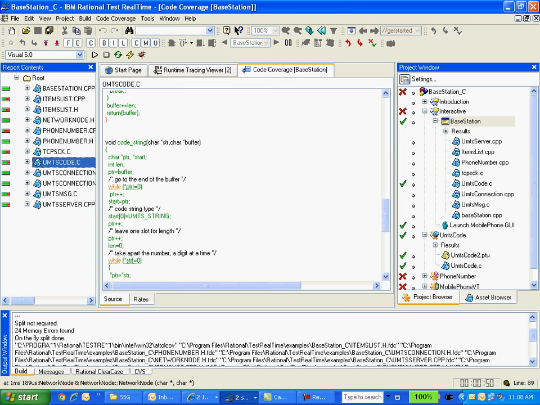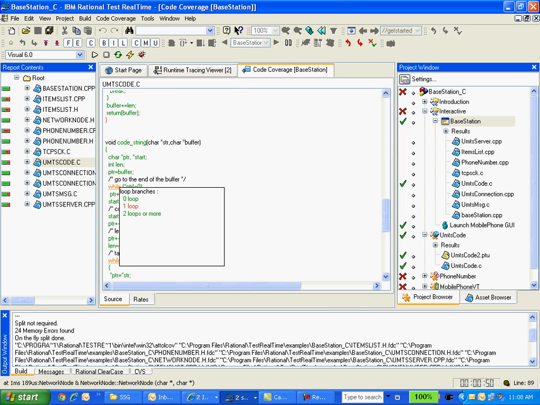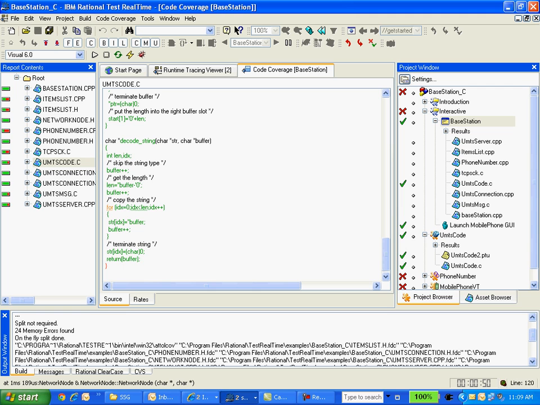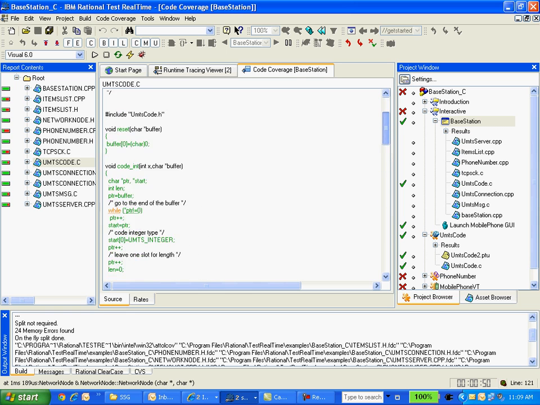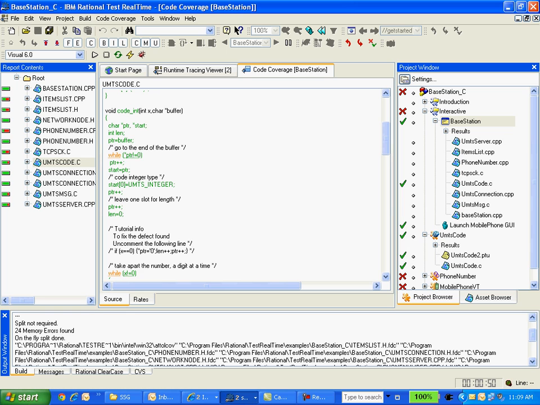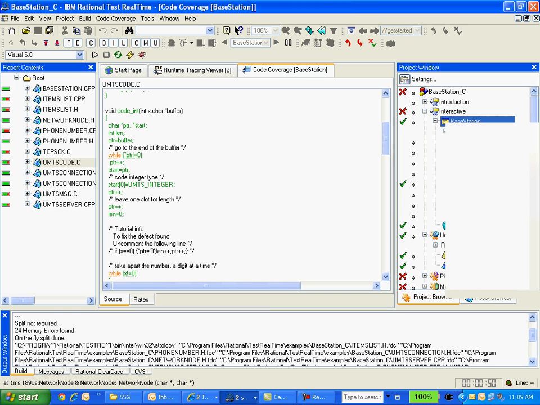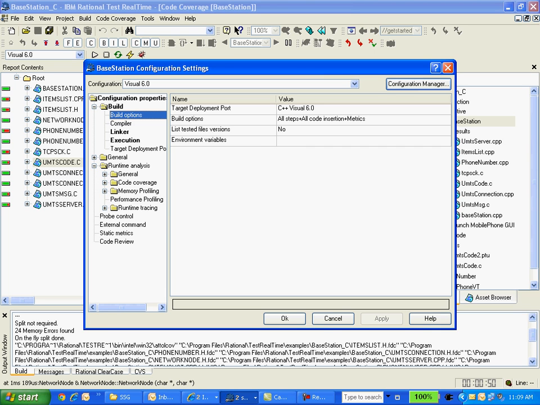And certain loops are there, a while loop. If I click on this loop, it will give you 0 loop, 1 loop, and 2 loops or more, right? So this particular loop is executed more than 2 times. If you see the for loop, this is also executed more than 2 times. And if I want to see how many times each line or statement is executed, I will do one configuration setting here. I will enable hit count